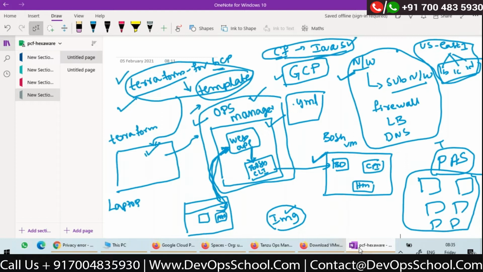These all are required. See, I could tell Cloud Foundry very simply. As a developer, you should just know a couple of handful commands: CF push, CF scale, CF logs. If you know those commands, I can say that you know Cloud Foundry. But I am telling all this so that you will be able to visualize, and if there are any problems later when you are working on it, you will understand or pinpoint where the problem might be, right? So that is the reason why I'm spending more time on the basics.